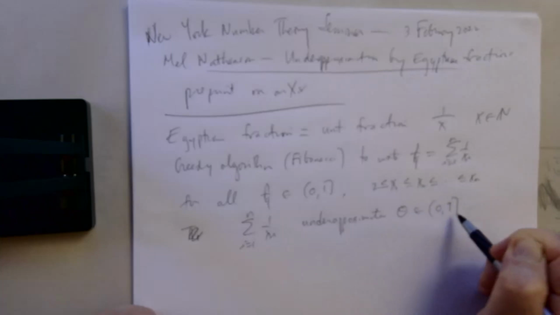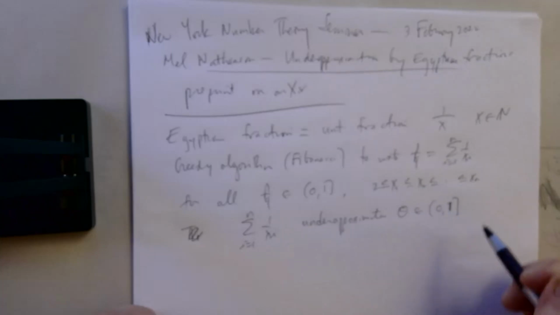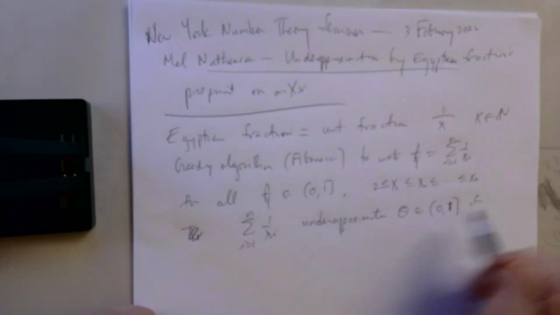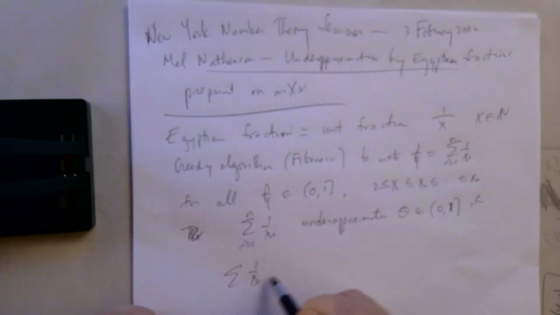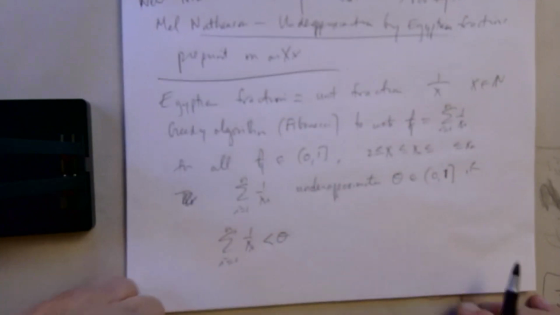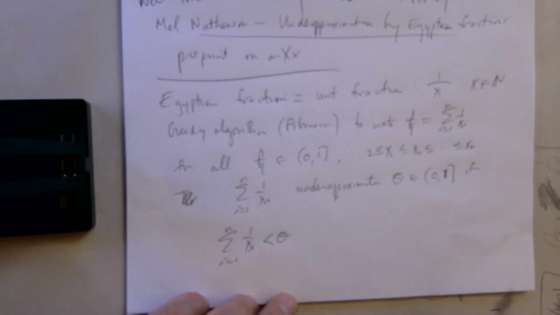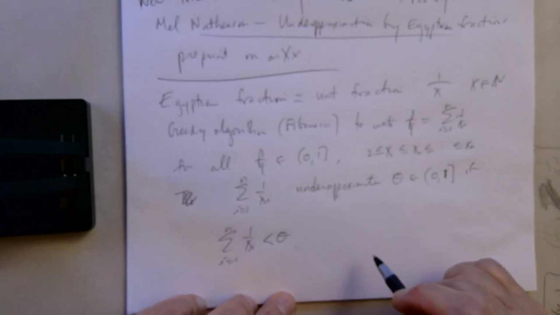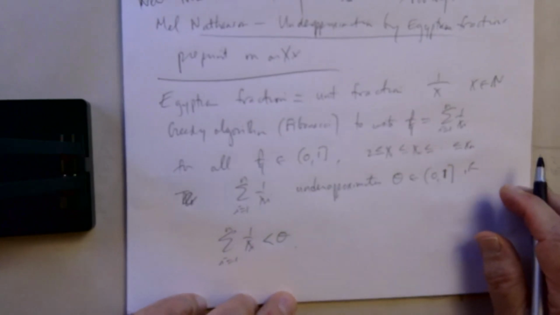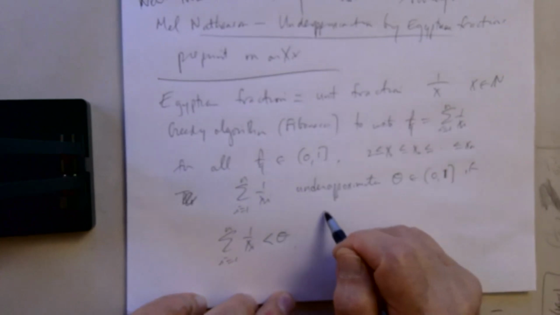My thetas are always in this interval from 0 to 1. If the summation of 1 over x_i is less than theta. And the classical result, which is the origin of all of these discussions, is Sylvester's observation